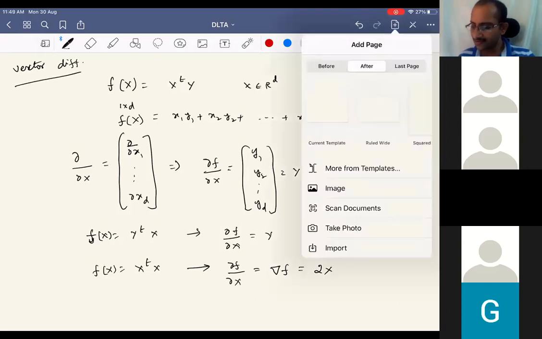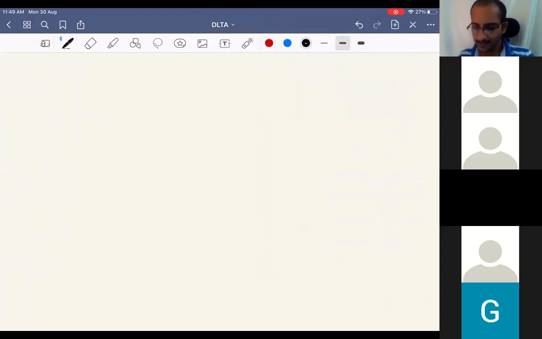Okay, so now if we consider a vector and matrix involved, assume that now the function f of x can be of type M into x. So this M is d cross d and x let it be d cross 1. M need not be d cross d, it can also be n cross d. So what is the dimension of f? F is now not a scalar, but a vector valued function. The output is also a vector, so it will have f1 to fd.